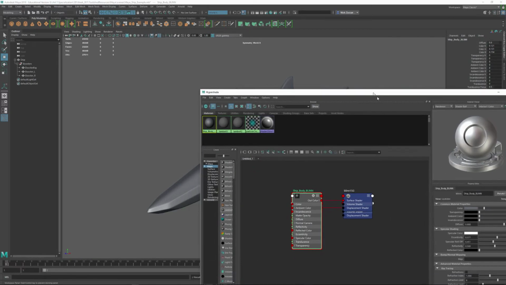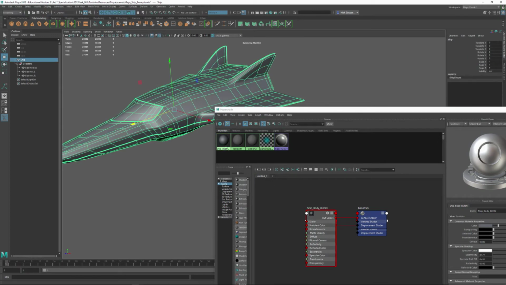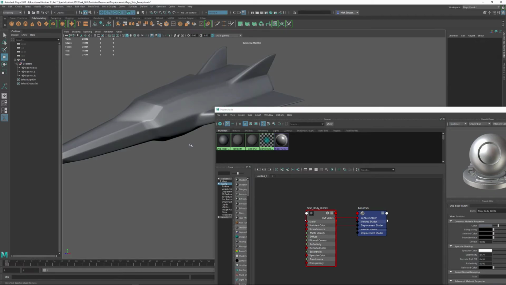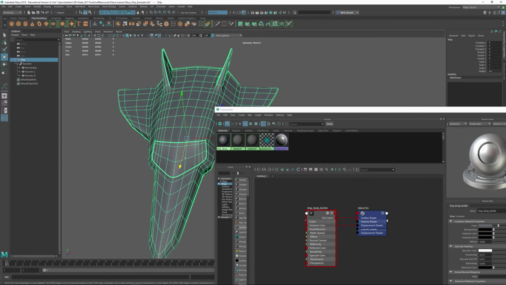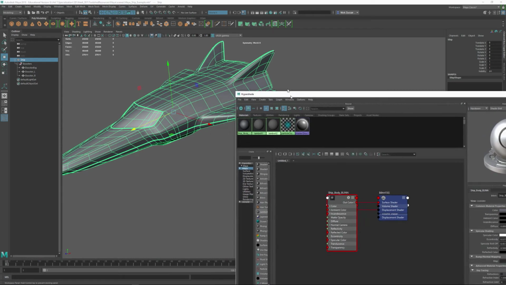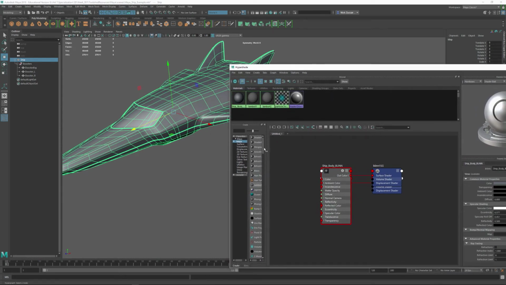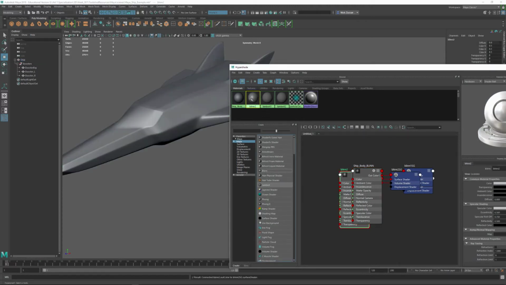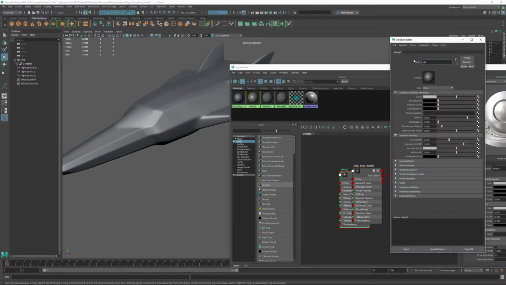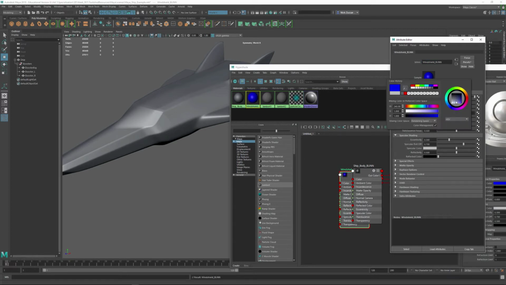So there's a possibility for that. You can also take objects and right click on them and say assign material to selection. So what we could do is this. Let's go ahead and select some faces in here for the windshield, and we'll make a new material. We'll go to Maya, go to blend, and go to windshield blend like this, and we'll make it a bluish kind of color